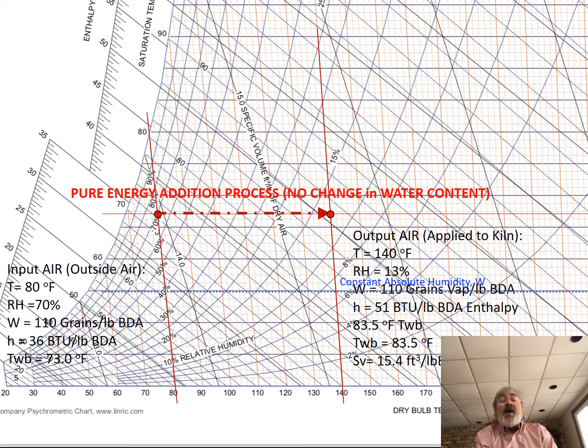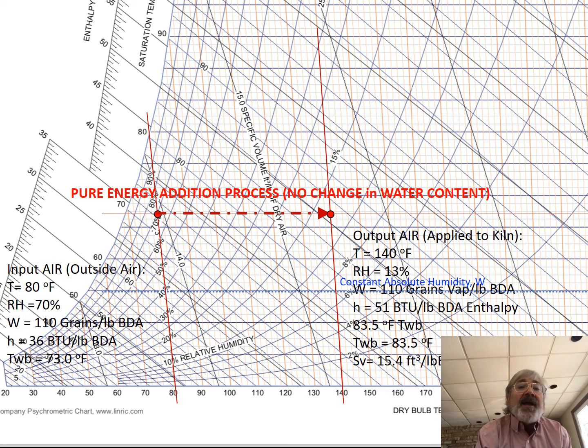So we get out our handy dandy psychrometric chart, and we know that our outside air is at 80 degrees Fahrenheit and 70% relative humidity. Okay? So 80 degrees Fahrenheit is this line, constant 80 degrees Fahrenheit line right there. And relative humidity is 90, 80, 70% relative humidity is that curvy line right there. So that point is our input air into our heater. Okay? As I add energy,